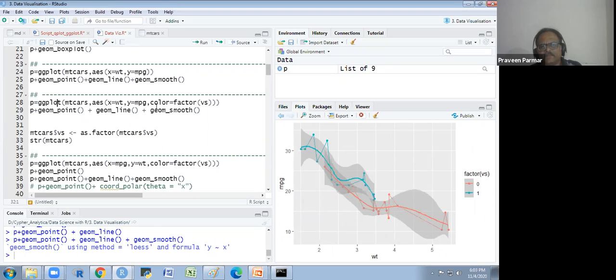Because I have taken this color in the platform, it will apply in every layer, like line, smooth, whatever layer I take. It will apply two colors everywhere. But I want to apply this only in the points. So what I will do, I will remove it from here.